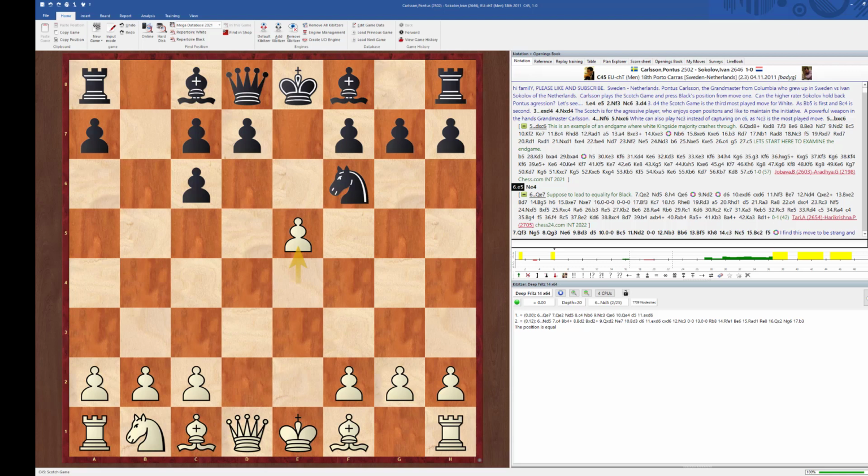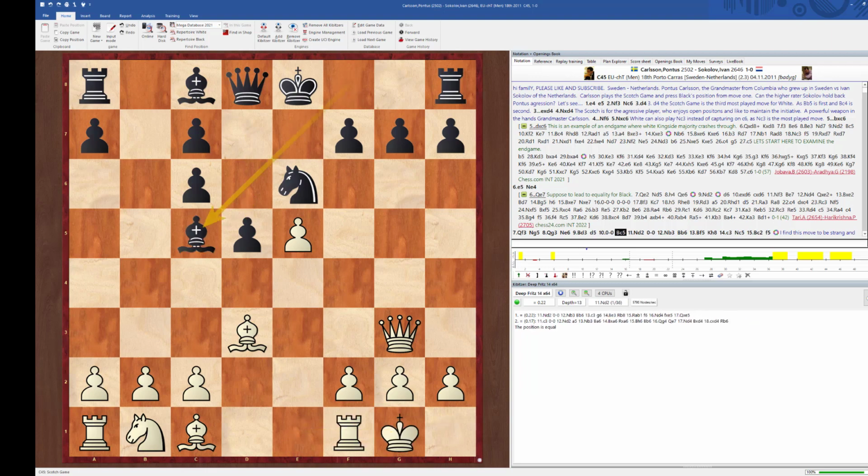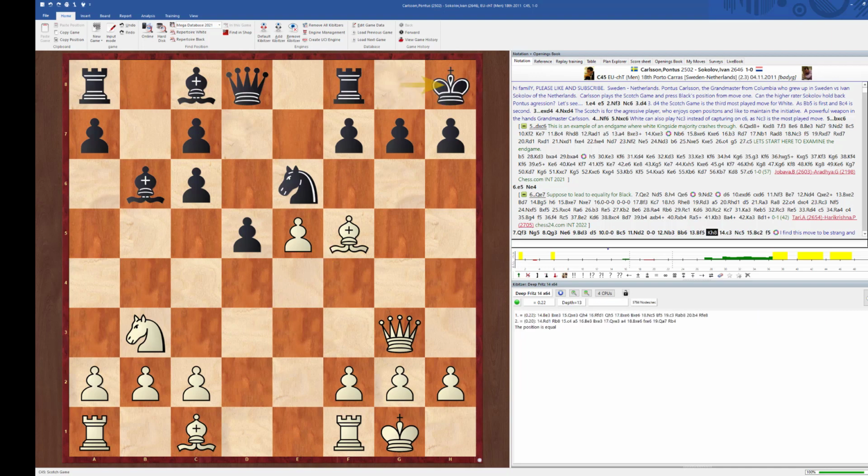Pontus Carson pushed, and he played knight to E4, queen to F3. This is all book. Knight to G5, queen to G3, knight to E6, bishop to D3, D5, 0-0, bishop to C5. He put the bishop on the active square. Bishop to C5, knight to D2, 0-0, knight to B3, bishop to B6, bishop to F5, king to F8,